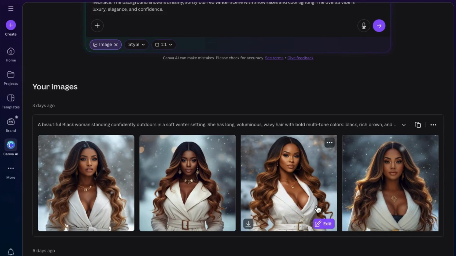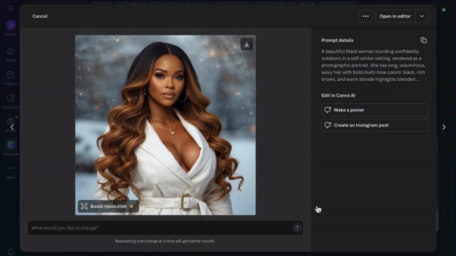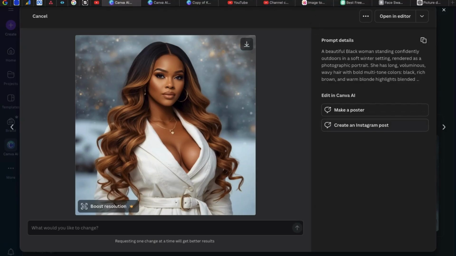And your pictures are not going to look exactly like this, obviously, but this is the prompt that I use to create these pictures. You can use them for